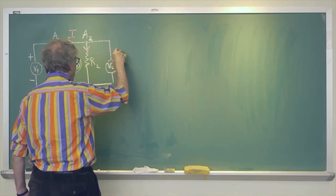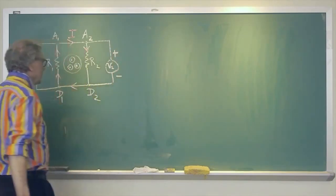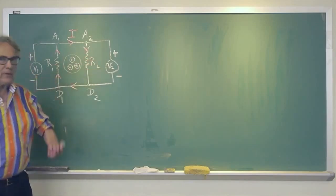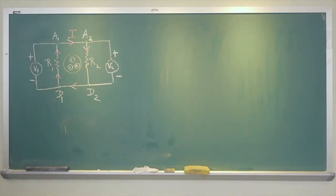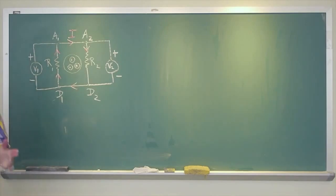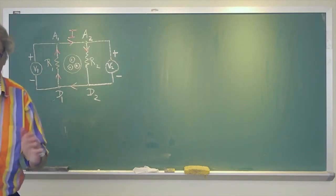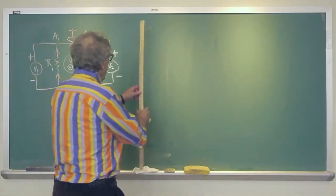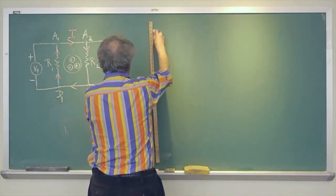Here is the plus side of V2, and here is the minus side of that voltmeter. So they're both hooked up in exactly the same way. They both measure the potential difference between A and D, and they both get totally different values. Let me make a sketch